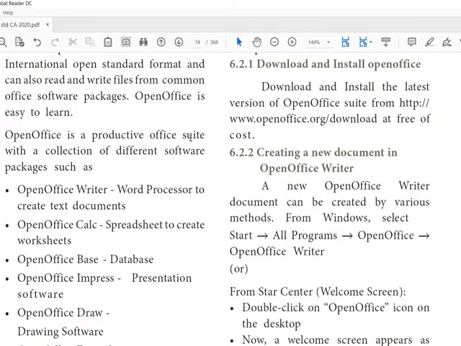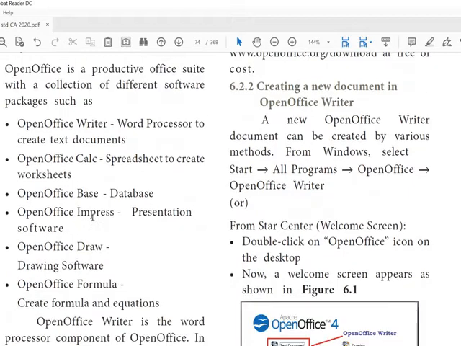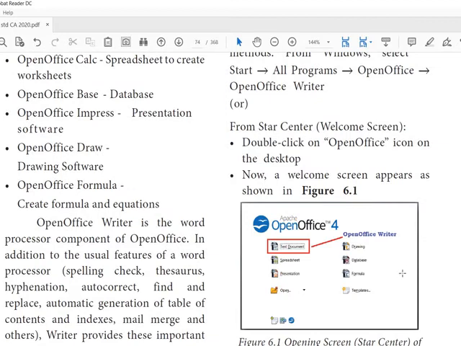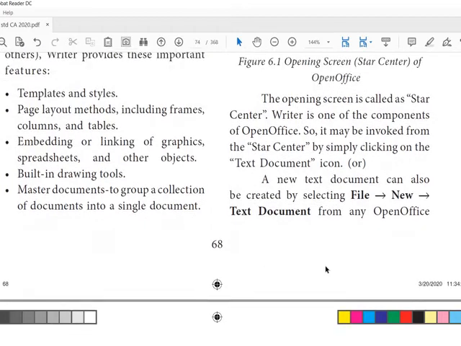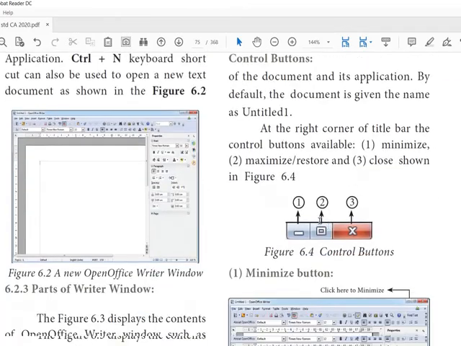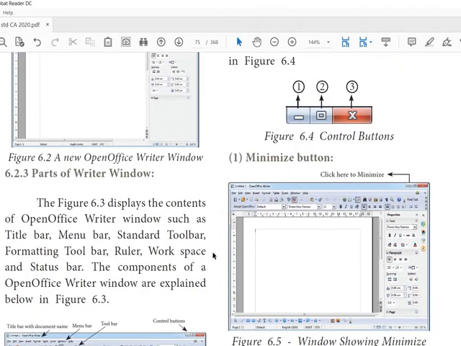OpenOffice is an office suite, and it has Writer, Calc, Base, Impress, and Draw. You have seen these things in the first window of OpenOffice, which you have seen before. We have double clicked it and seen the window also.